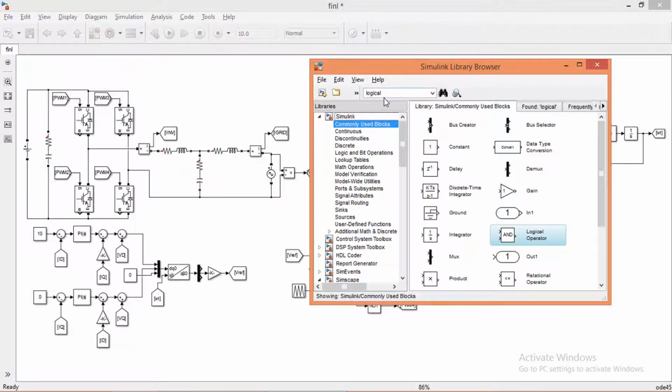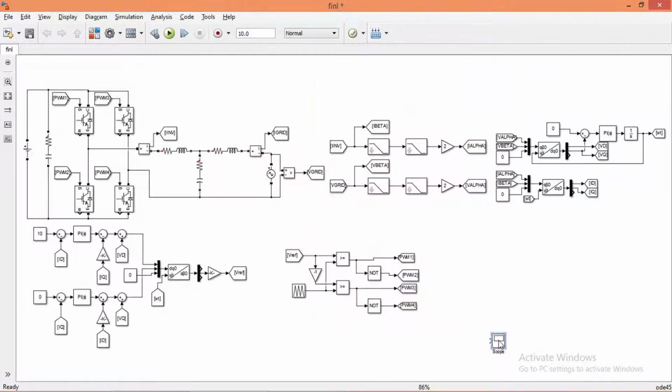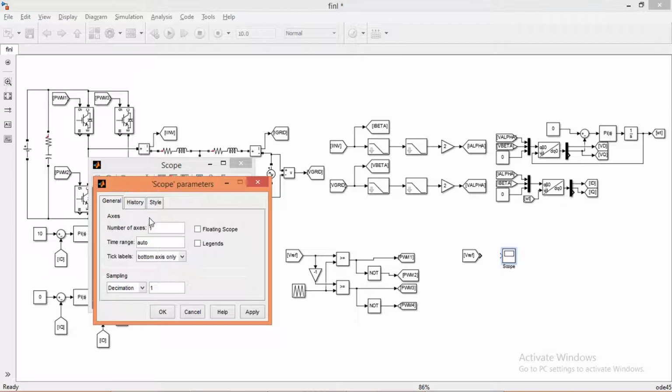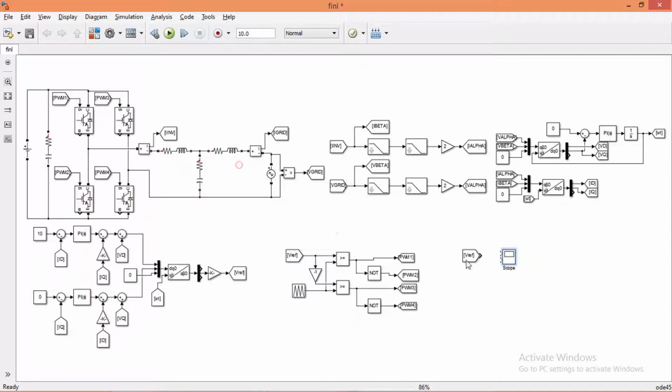Add a scope from library to view the results. Connect grid voltage and current to the scope.